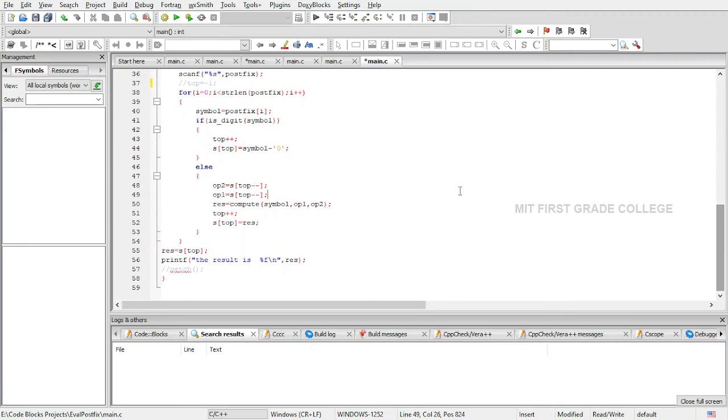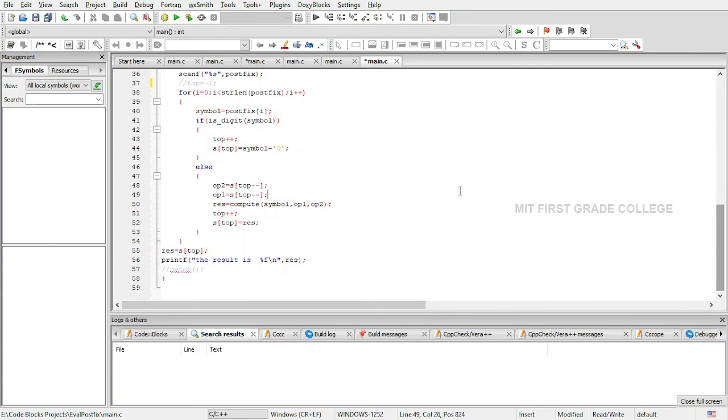This calculated result will again be pushed inside the stack. Before inserting the element inside the stack, we increment the top. With the help of the top as an index value to the stack, we insert the result into the stack.